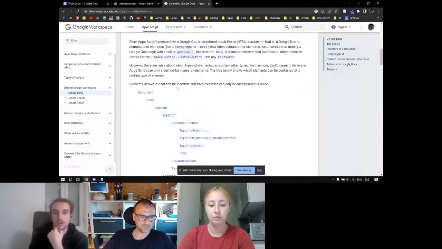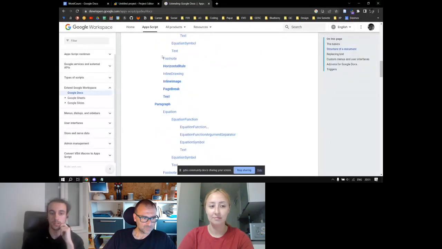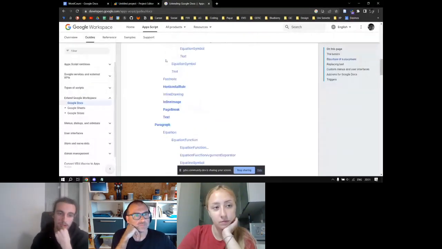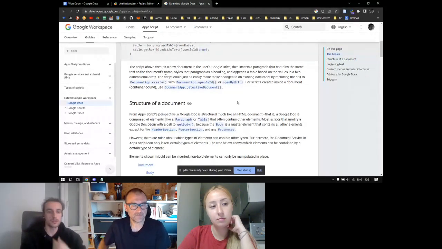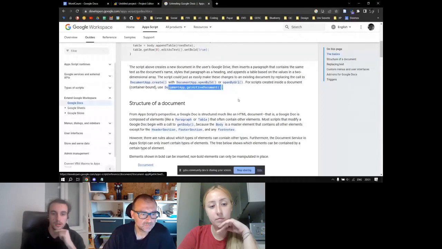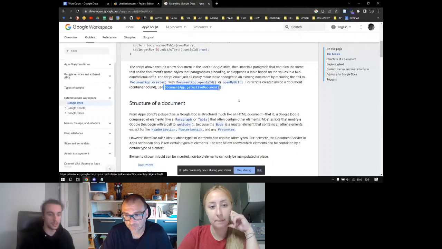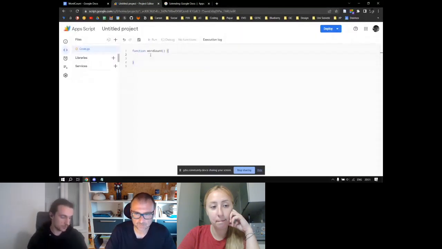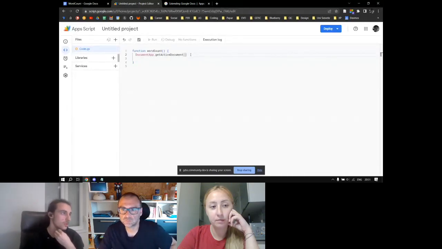So it says here how the whole document is divided into different parts and how they are connected in between. So we want to use something that's connected to our document. So this code here is something that gets us the specific document. So, okay, we can use that and paste it here to get the document we are currently working on.